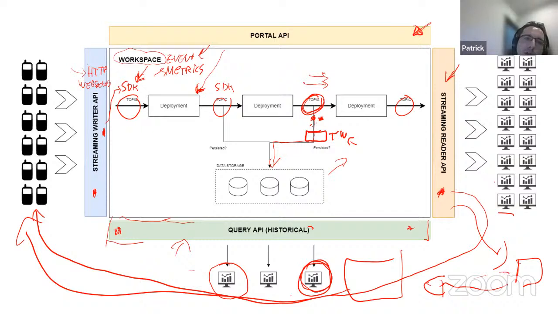Actually, we are thinking to even improve the way we are deploying things. So in the near future, or in the roadmap, we are going to implement some new features to make it even easier to deploy a whole pipeline. But it's something that we are still discussing. Very cool. So all in all, we have a complete suite of APIs around the core product, and it lets you really create whatever you want to create. Yeah.